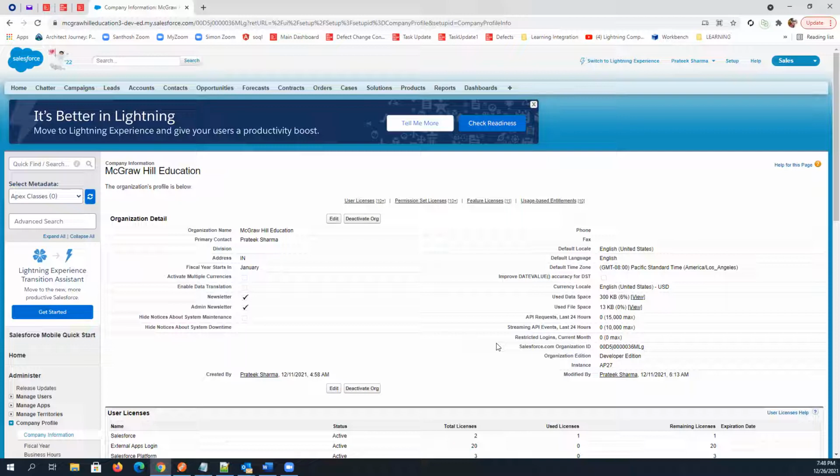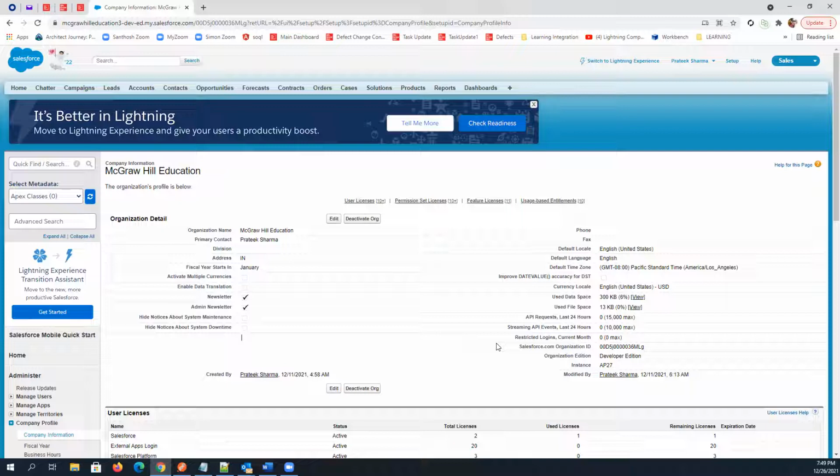So the first thing that we'll do today is create one more user for this org, and we'll log in as that user as well from another browser. Before user creation, you have to decide what kind of permission that user will have, because at the time of user creation, you need to assign all the access permissions of metadata. So we have two types of permissions basically. One is metadata-related permissions, and the second one is data-related permissions.